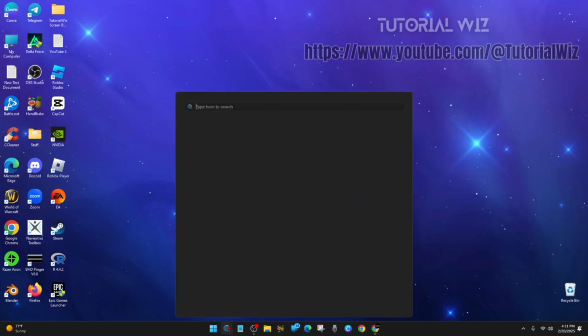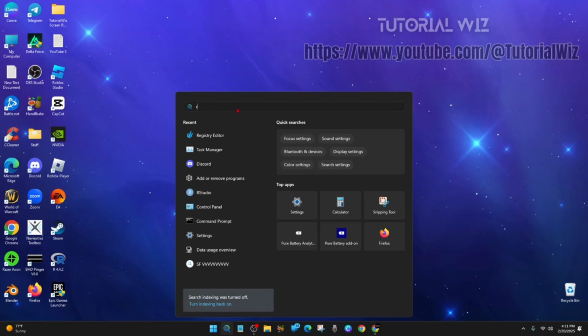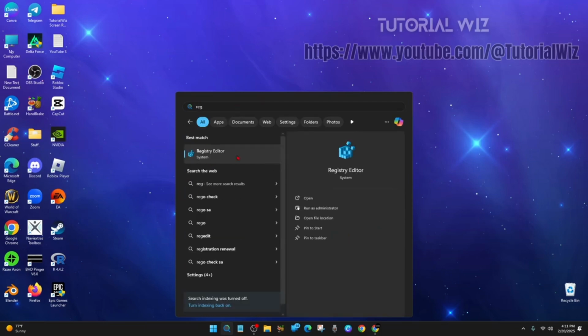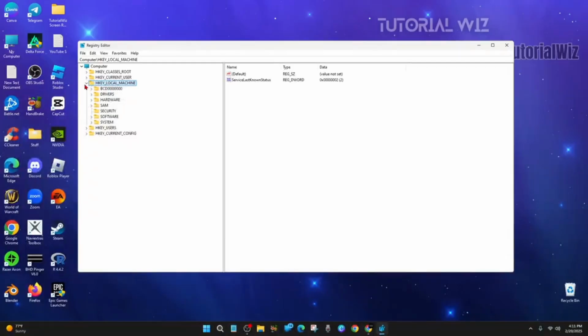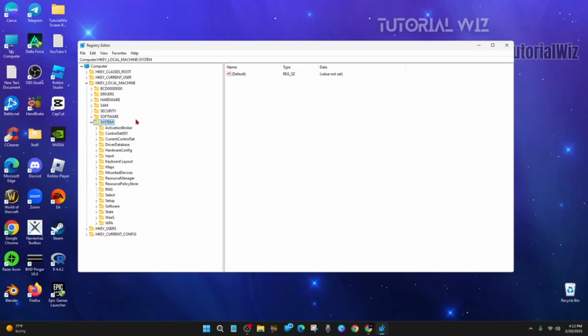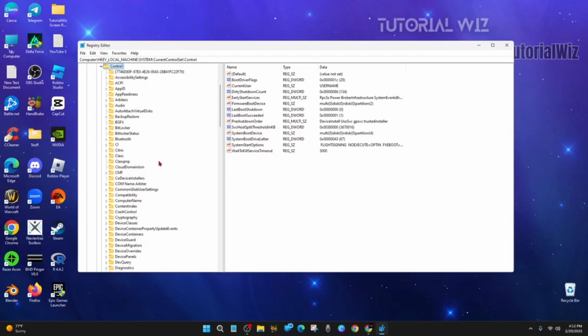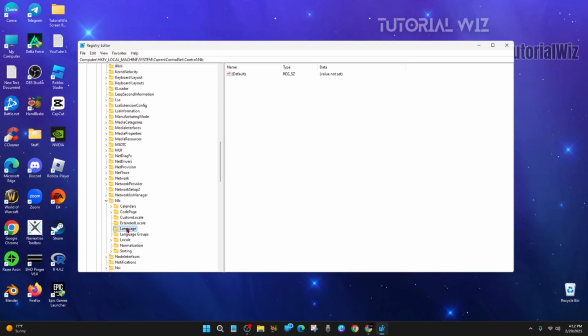So to do that, click on search where it says type here to search, type in regedit. Here it is. Open up Registry Editor, click yes. From here we need to click onto where it says HKEY_LOCAL_MACHINE, click onto SYSTEM, then click on CurrentControlSet and then click on Control. Then once we're here, look for NLS, so scroll down to the bottom of the page, NLS, double click onto